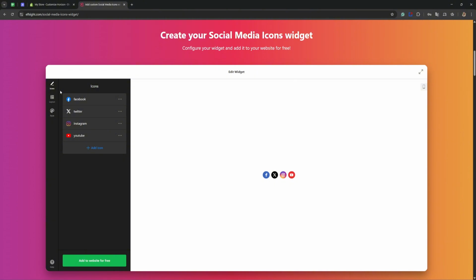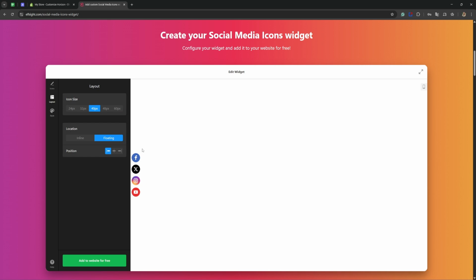Next up, you can go ahead and click on layout on the left hand side right here. From here, you can change settings like the icon size, the location of the widget on your website, and the position. Right now it's set to 32 pixels, but you can increase the size by choosing a bigger option like 60 pixels, for example. I'm gonna go ahead and stick to 40 in my case. And then you can choose the position. Right now it's set to the bottom, but you can also go ahead and choose left or right. In my case, I'm going to go ahead and choose the left hand side here, and then my icons are going to be out on the left hand side where the people are at the top or bottom on my